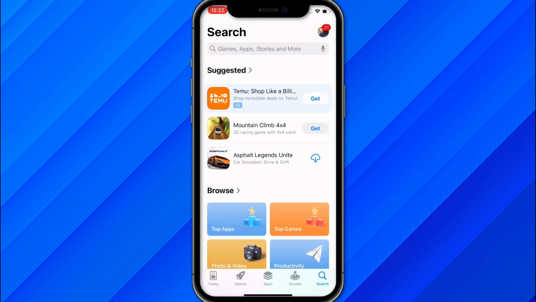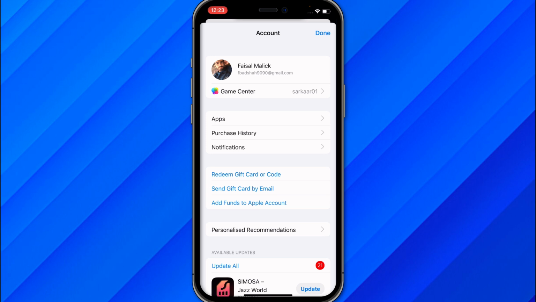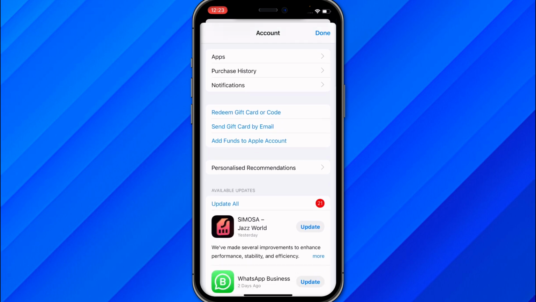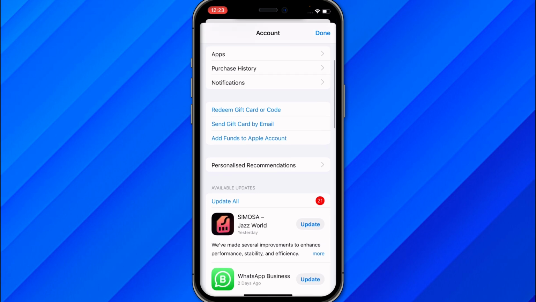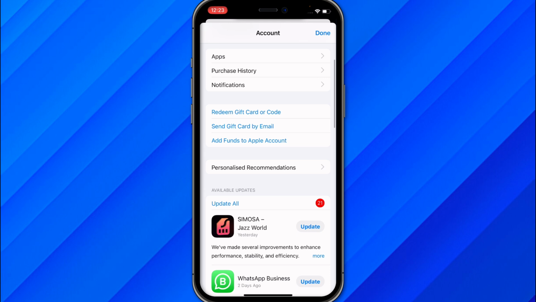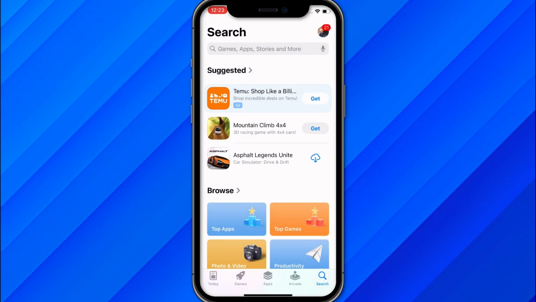So just go to your profile section, and once you go to the profile section, scroll down a little bit and you will see many options. Just choose this option, redeem gift card or code. Just choose this option, do not go anywhere else. Just click on this option, redeem gift card or code, and it will take you to the next tab, and